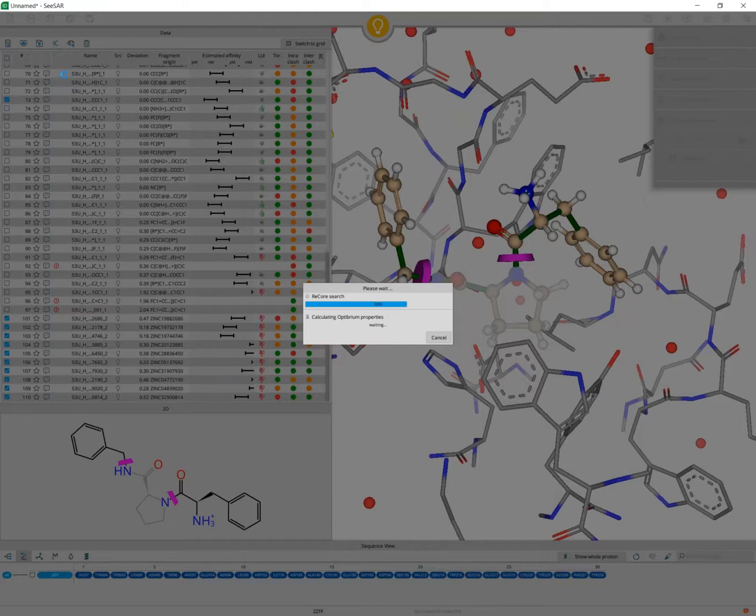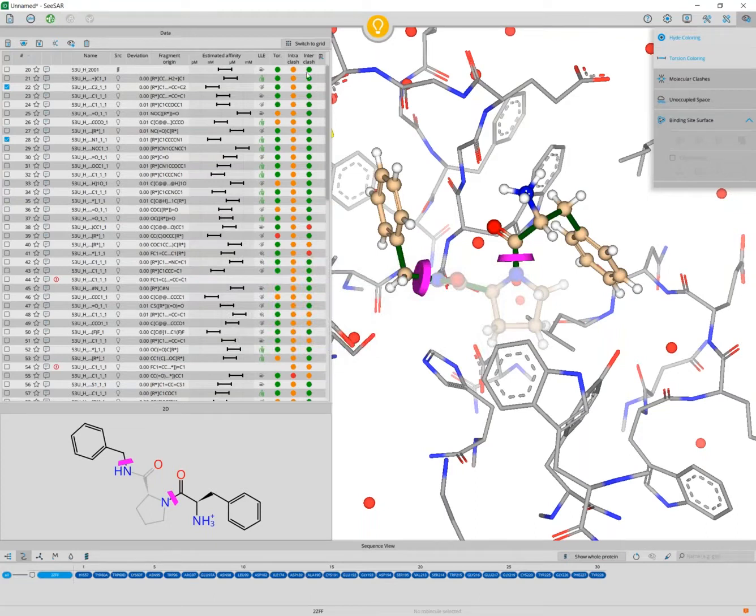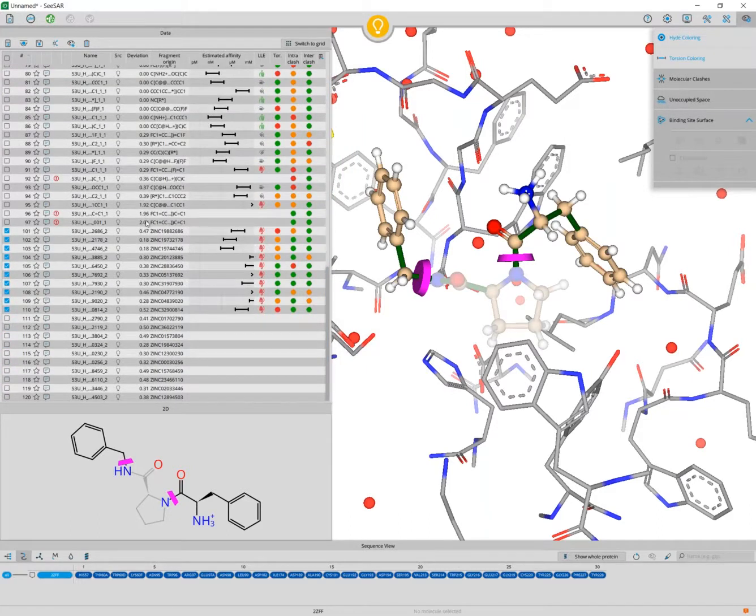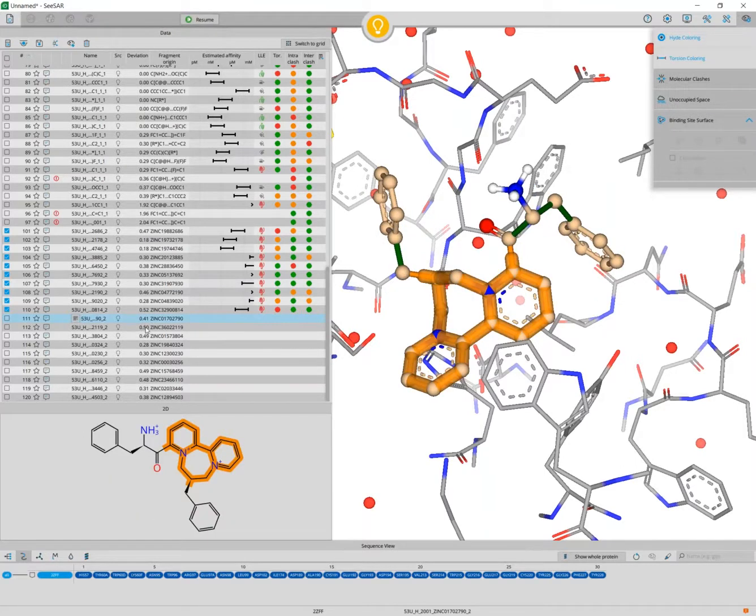So it will always find 10 solutions, and it will always find the ones which have the lowest RMSD to those 2 cut points. You can see this in the, sorry, I need to scroll down in that table a little bit. When you see here in the RMSD deviation column, how close the molecules are to the starting point. So SeeSAR will always try to find fragments which have really low deviation to our scaffold. And the more I click, the more solutions I get, but they might have higher deviations to the starting points